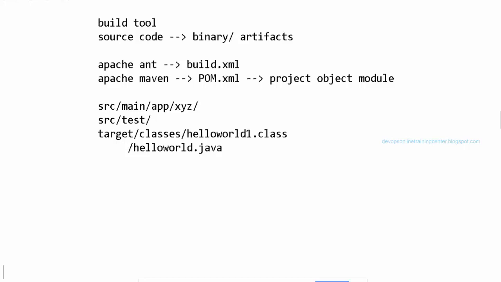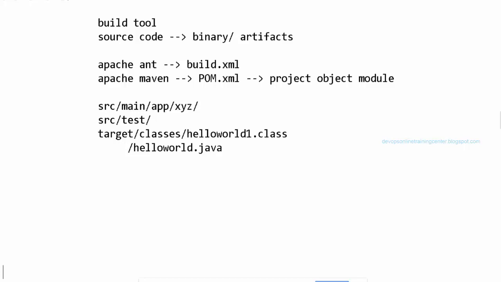We have to inform the build tool that my source code is here, and I want my target jar files, my target class files to be here. I also want to tell my build tool my goals: I want to clean before compile, I want to compile, I want to build, I want to deploy, I want to install. All these are goals which I can write in the XML configuration files.